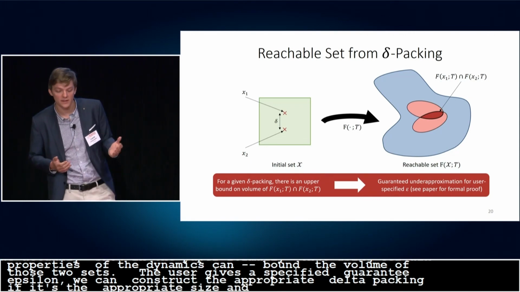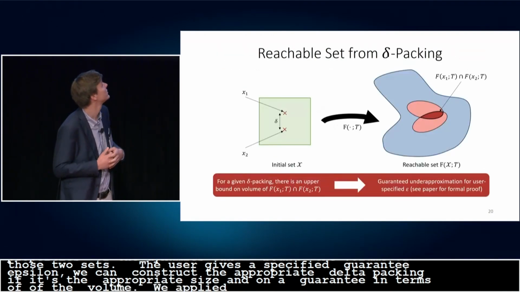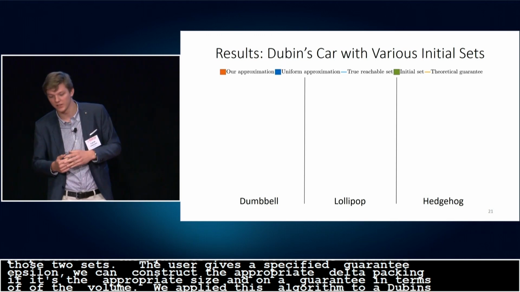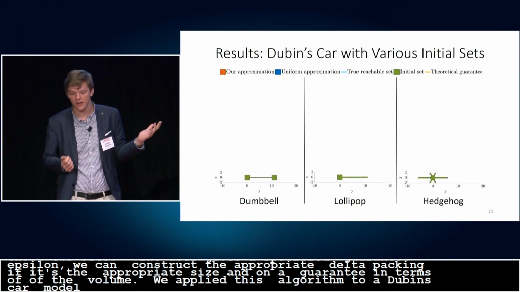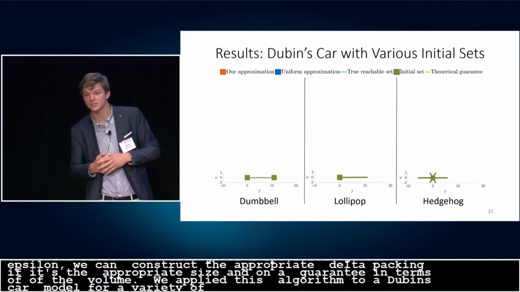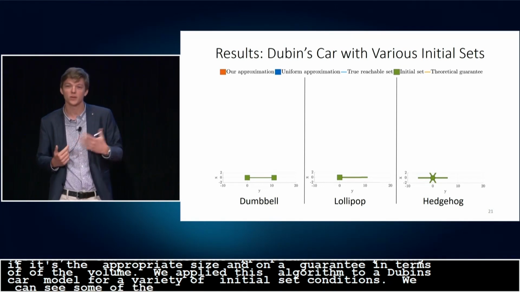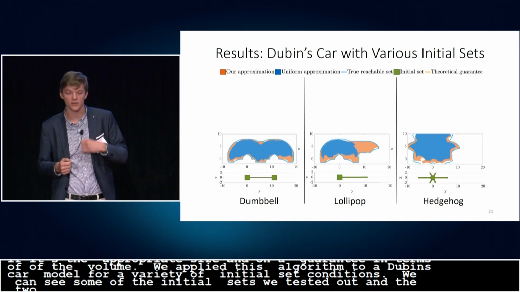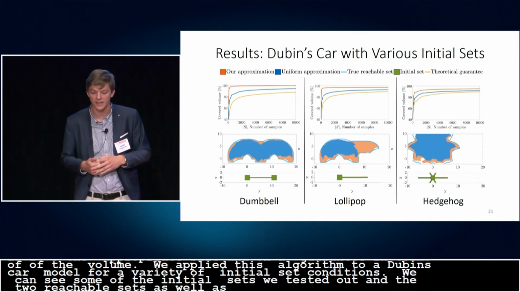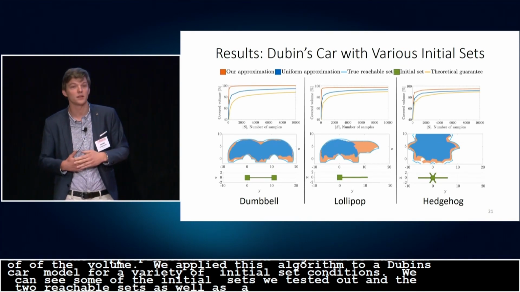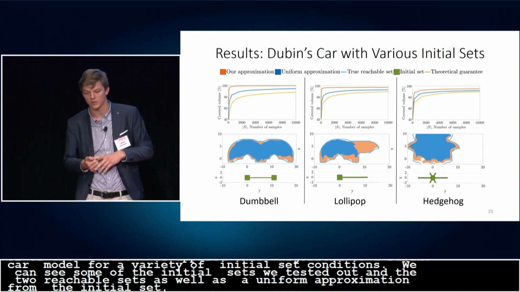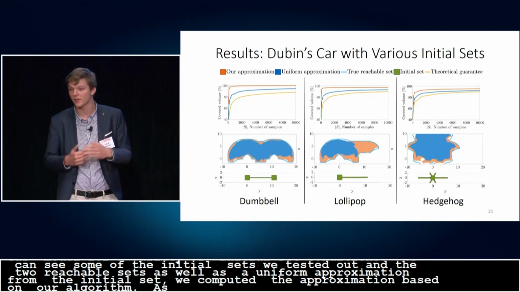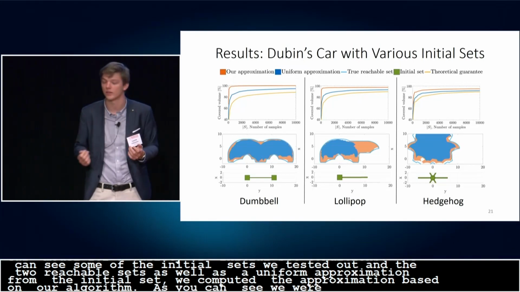We actually now applied this algorithm to a Dubin's car model for a varying set of initial conditions. Depicted in green here, you can see some of the initial sets that we tested out. And then we computed a true reachable set as well as a uniform approximation. That is, we just uniformly sampled from the initial set. And we also computed the approximation based on our algorithm. And as we can see, we're actually able to outperform uniform sampling across all trials and also maintain our theoretical